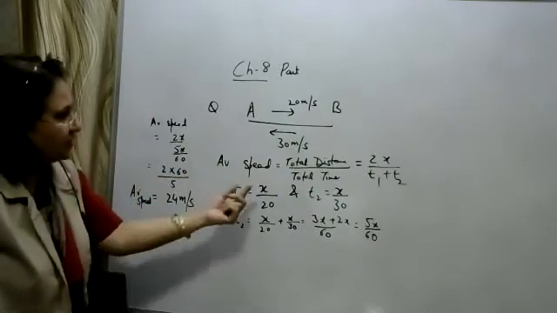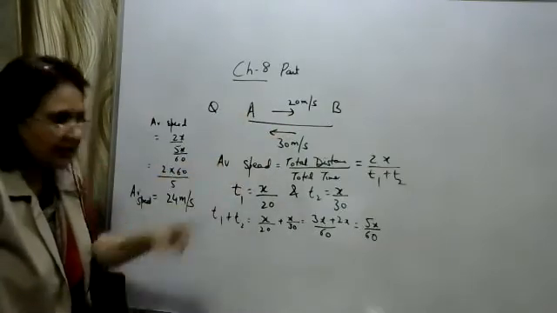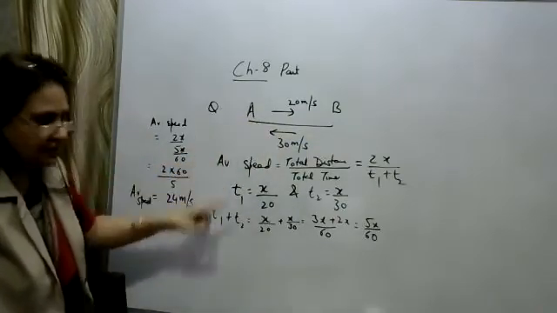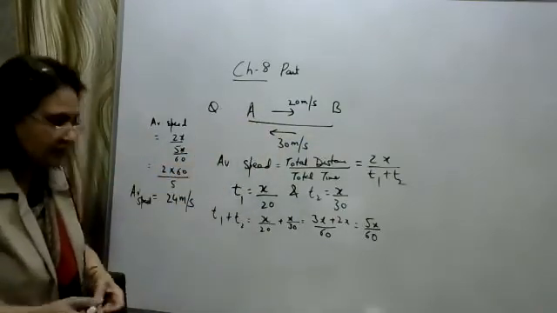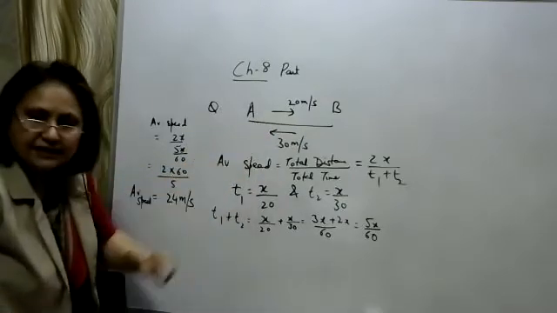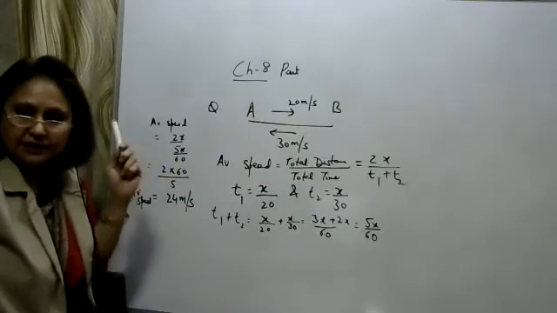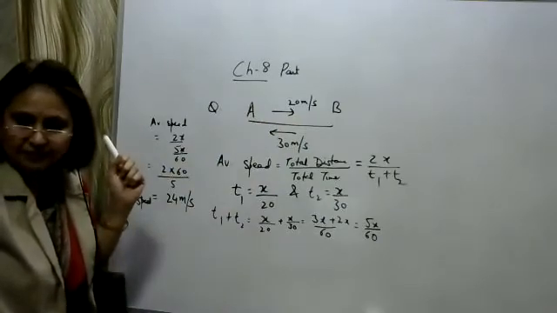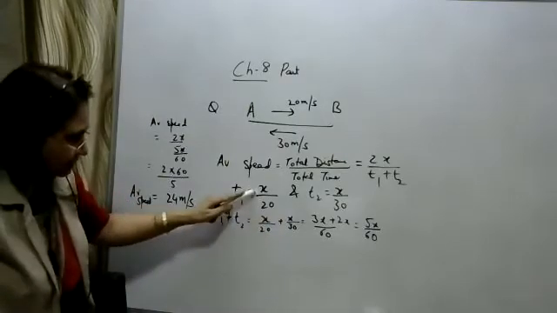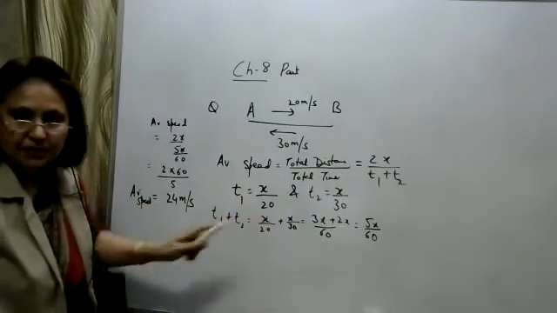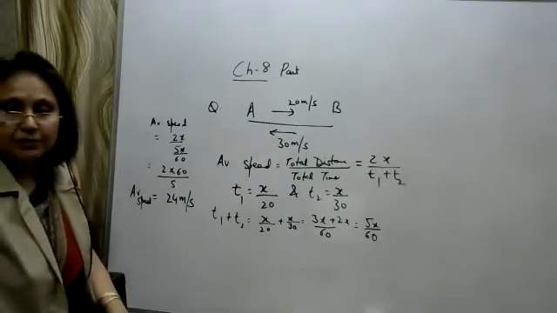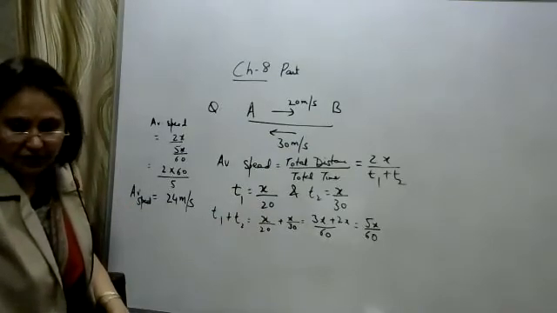Like in this case, the total distance will be 2x, going and returning back, x plus x. And the total time taken will be, for going, let him take t1 time, and for returning back, let the time be t2. So t1 plus t2, you can simplify. t1 is distance upon speed. You can do this question in your copy. Then we proceed to the next topic, which is velocity.